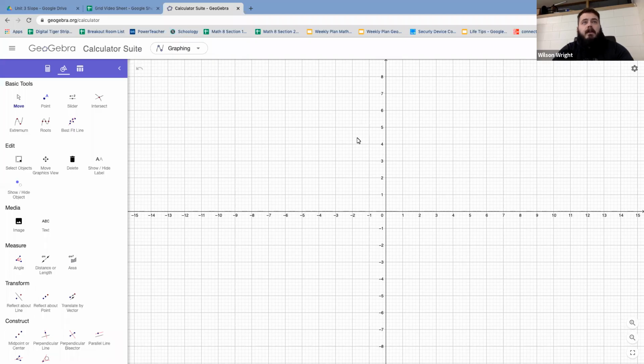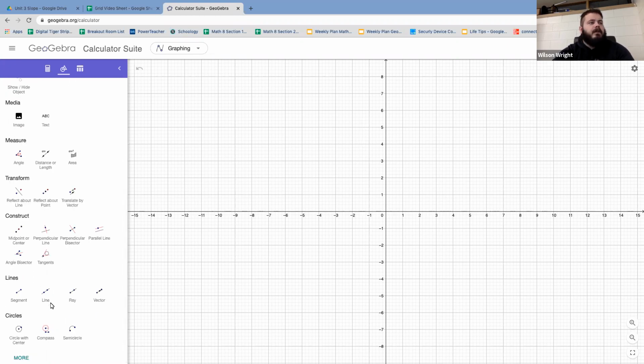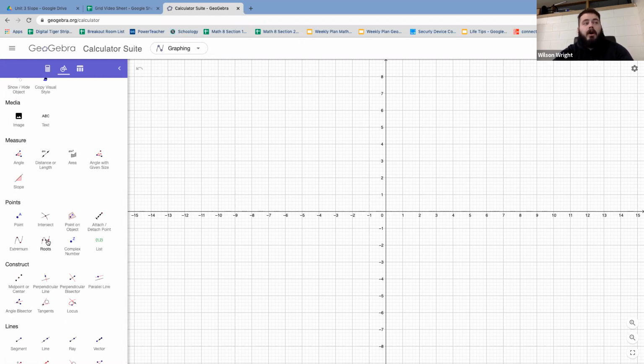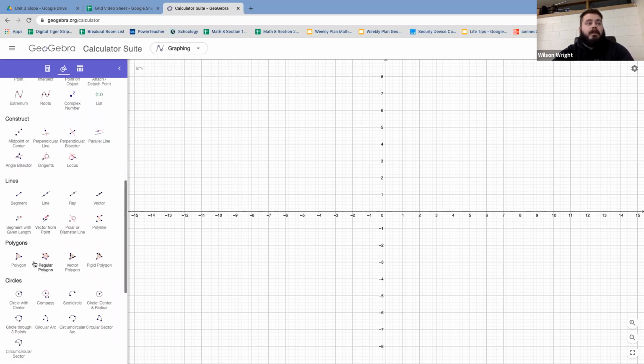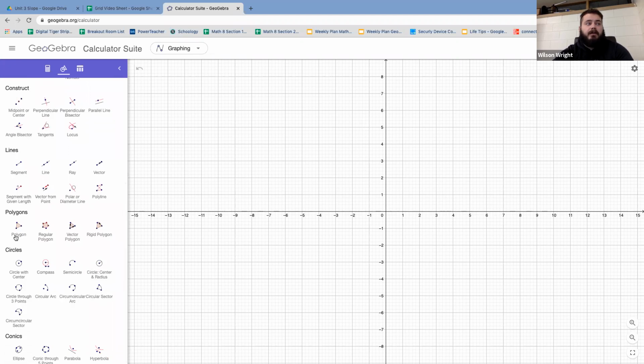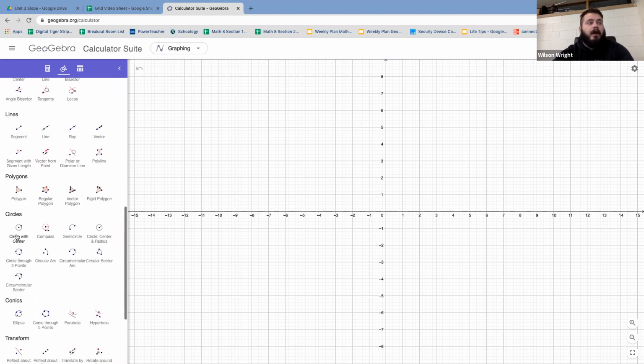Okay, so today we are going to be looking at how to find the intersection of diagonals of a parallelogram via GeoGebra. So first thing we need to know is how to put our parallelogram into GeoGebra, which is just like we did with triangles. We're going to scroll down, we're going to hit load more,